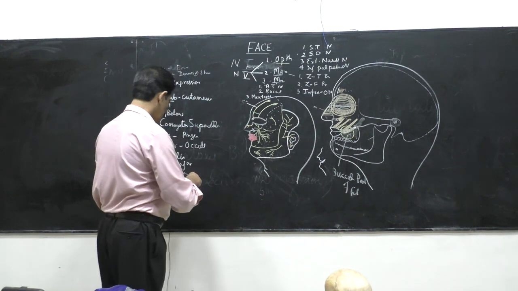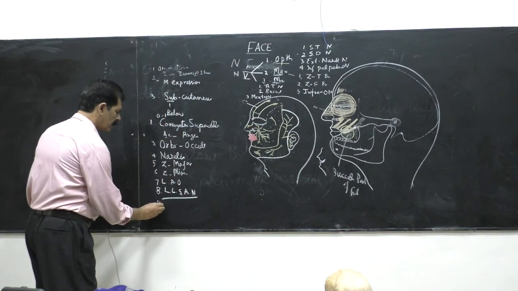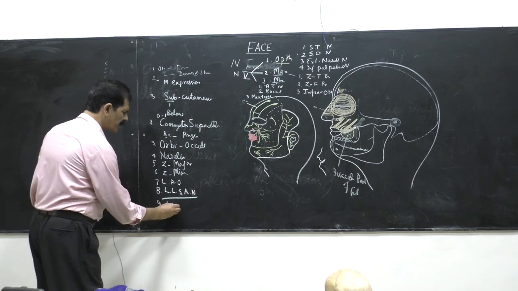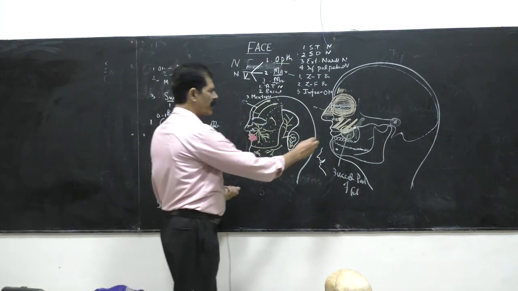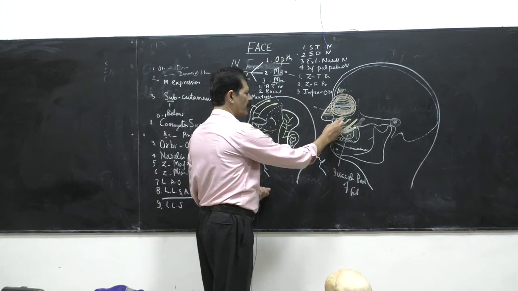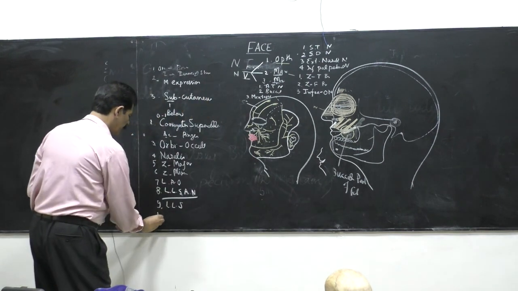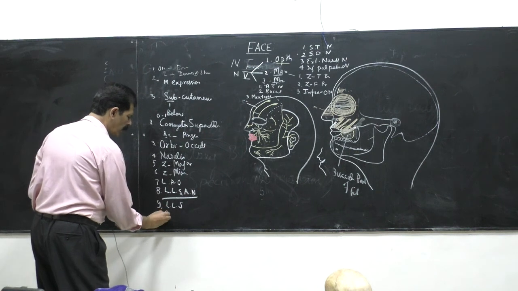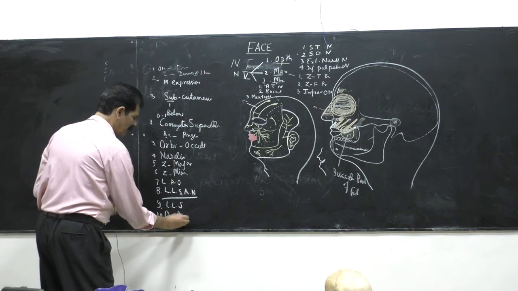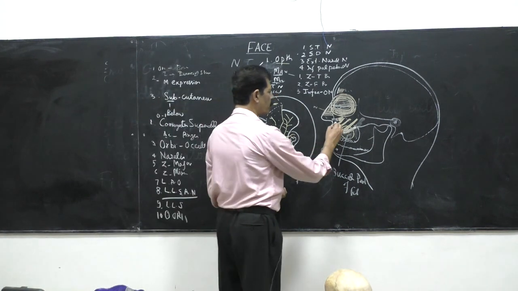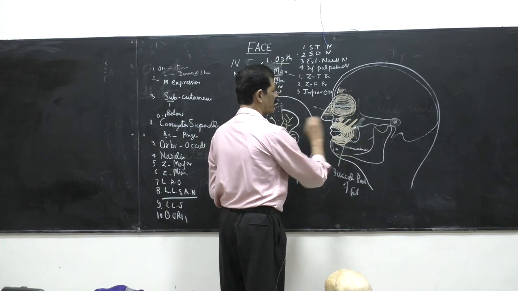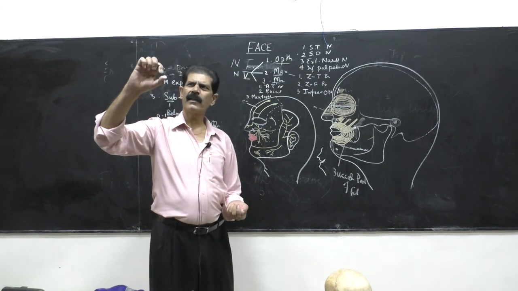Then another name of a muscle you have to remember is the levator labii superioris muscle. So again, an additional muscle is there for the upper lip, levator labii. Then the muscle of the lower part is called the orbicularis oris. Like the oculi, it is also a circular muscle around the mouth. Orbicularis oris. Like the oculi, when it contracts, what will happen?